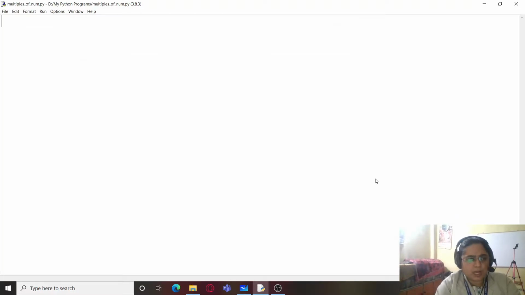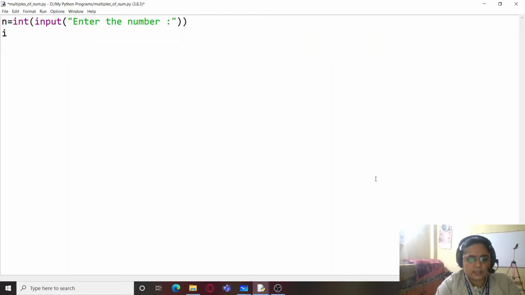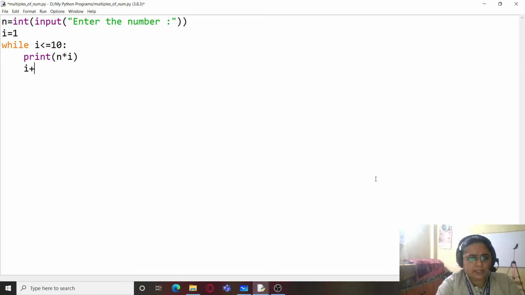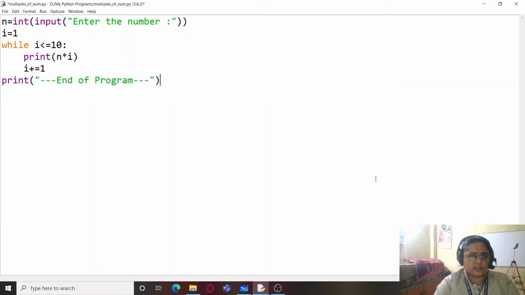I'm just going to ask for the number from the user, enter the number, initialize I by 1, while I is less than or equal to 10, print n multiplied by I and I plus equal to 1, that is I'm using the augmented assignment operator here, and end of program.